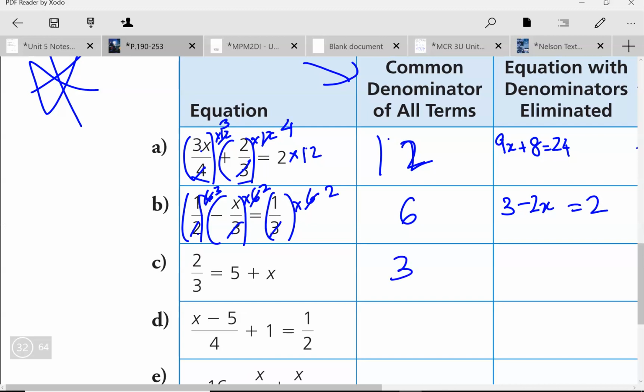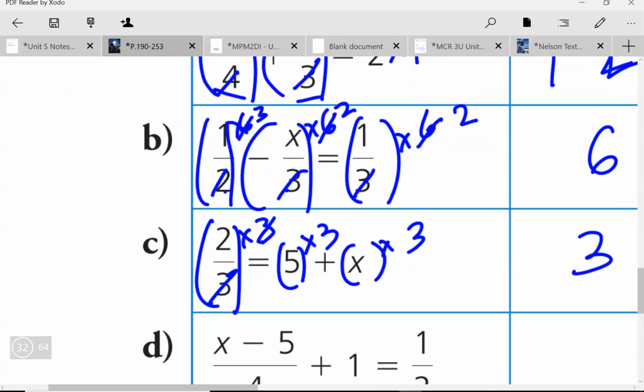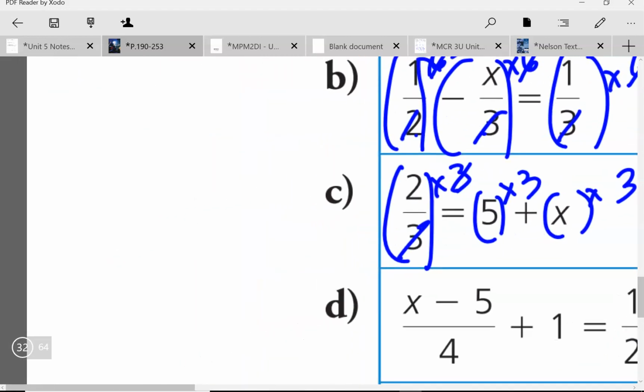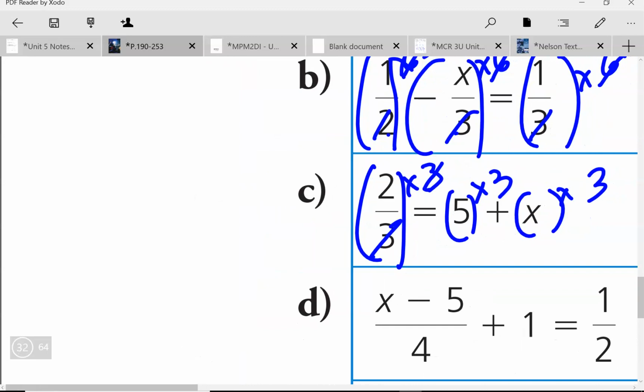There's only one denominator here, 3, so that's the common denominator, times 3, times 3, times 3. So 2 times 3 here is, cross cancel first, so I'm just left with a 2, 15 plus 3x. You have to be very careful here. Like for these questions, this is the easiest way to do it, because if you wanted to solve this,